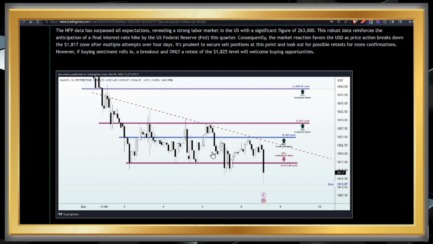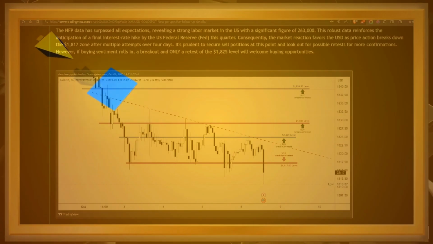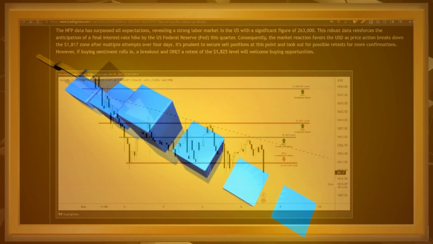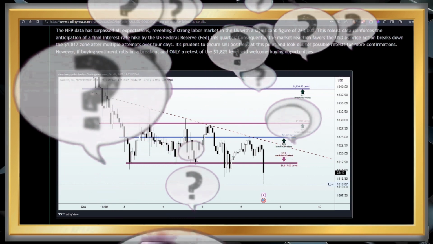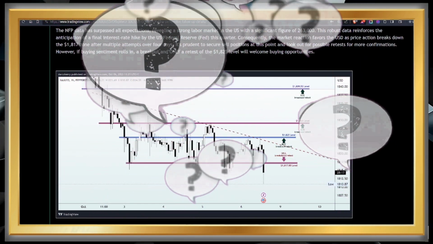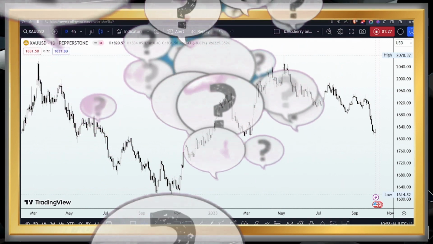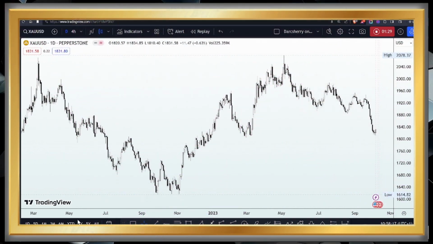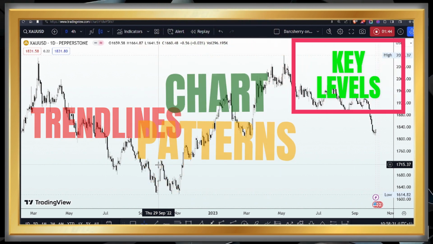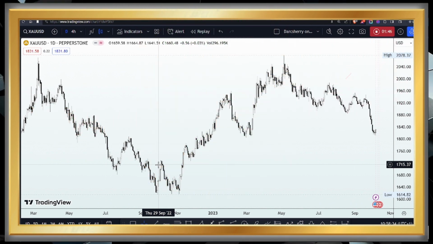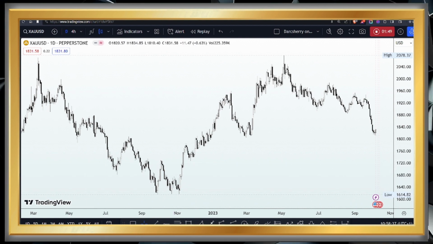After the release of the US NFP report on Friday, we saw increased buying interest in gold during Friday's trading session. The question arises, as gold prices reached a level enticing enough to spark buying opportunities this week. Well, as we prepare for the upcoming trading session, I have conducted a comprehensive analysis of the current market condition utilizing simple parameters such as trend lines, key levels, and chart patterns to gain insight into the historical movement within